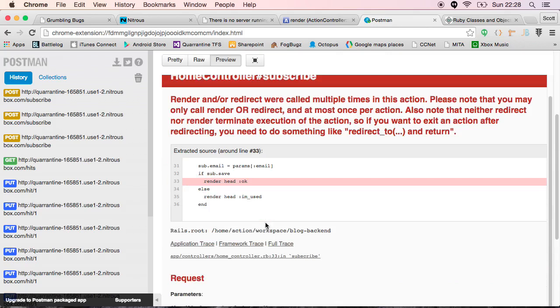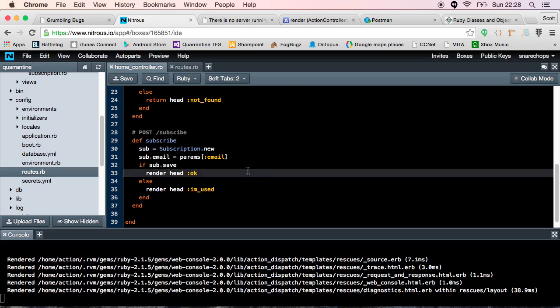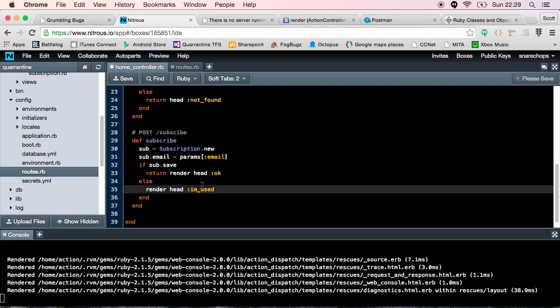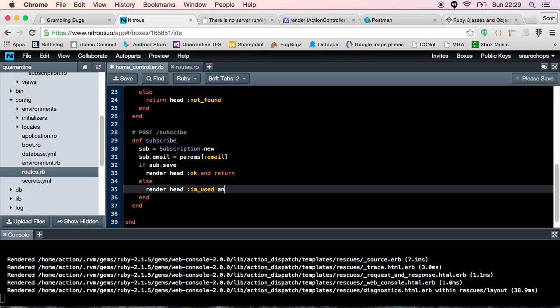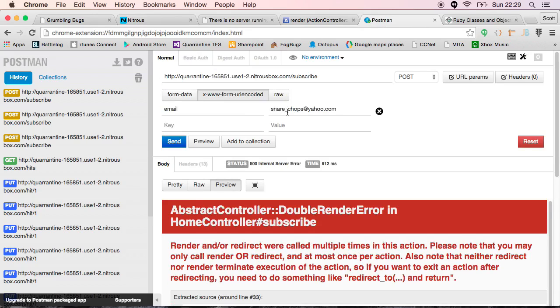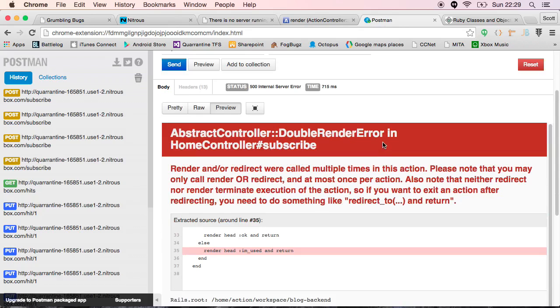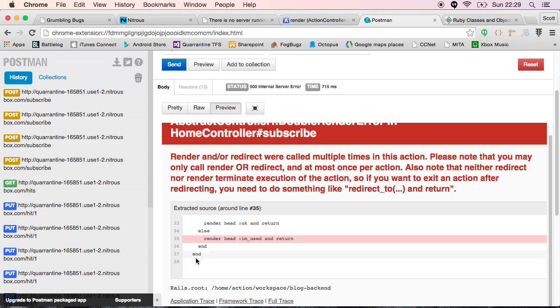I guess render gets called at the end of it, so if we escape out, maybe we do need the return keyword. So we will return, and, well, I like that. We'll use that other syntax and return. One of the nice things about Ruby. Kind of a really nice syntactic sugar. So we try this again, and we still get the double render error. But this time it says, hey, I'm used. So